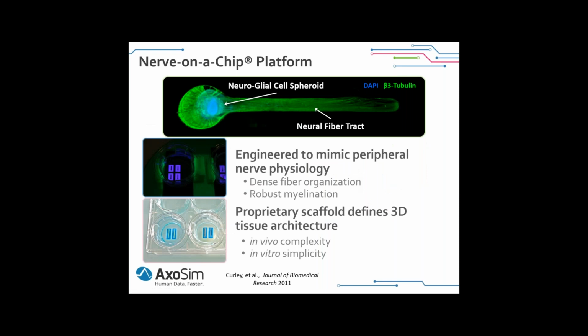Our Nerve on a Chip platform is the main platform I'll be discussing here. Obviously, that's in the title of my talk, but if there is time, I will also touch on the mini brain technology as well. So I mentioned this polarized structure that we have. You can see at the top that on the left we have neuroglial spheroids, and then we confine that into this fiber tract. And I'll actually show you a video so that you can get a little better idea of what that looks like. And the thing that's really nice about our system,